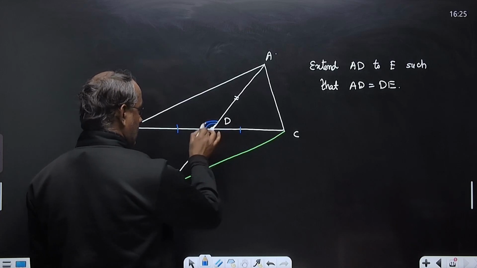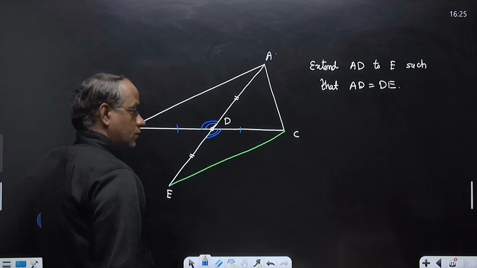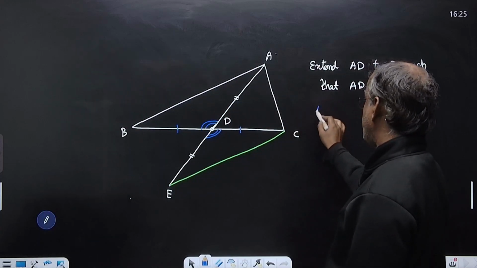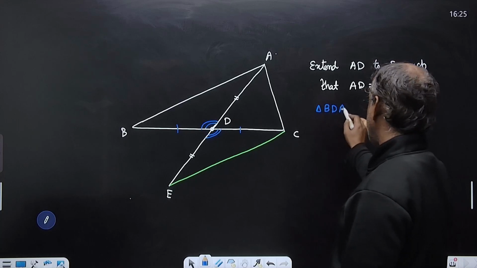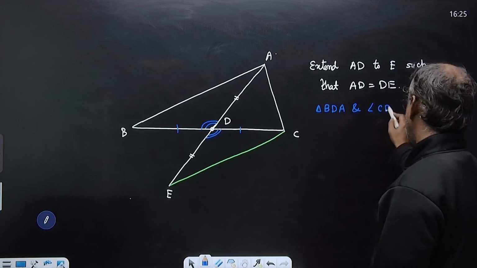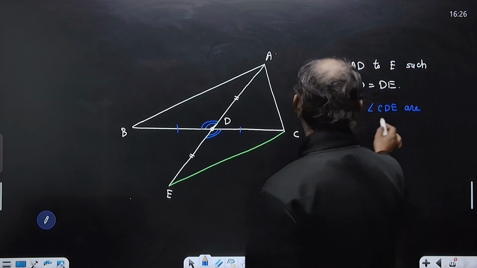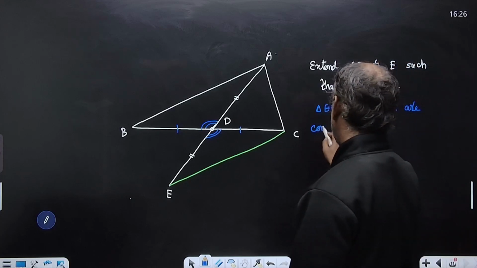Vertically opposite angles are always equal. So triangle BDA and triangle CDE are congruent